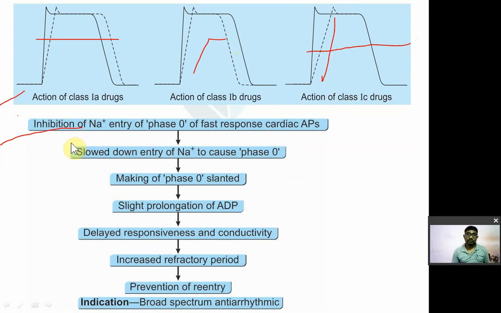So it will prevent the entry of sodium into the cell. The sodium ion channel blocker, your quinidine. It causes the inhibition of entry into phase 0 of the fast response of the cardiac action potential, which leads to slowing down of the entry of sodium into phase 0, which leads to masking of phase 0, making the phase